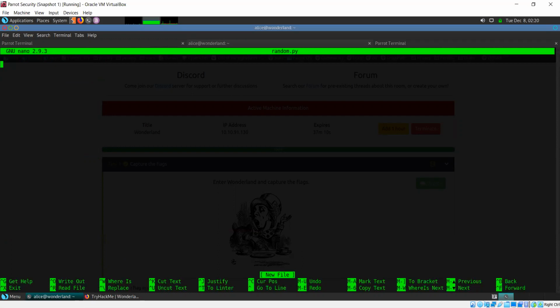Keep in mind that when we are running this script, Walrus and the Carpenter, that Python script, when it is being executed, we are running that as the other user, that Rabbit user. So we are running it with the privileges of that user, not with the privileges of our currently logged in account, which is Alice. So what can I write here that would potentially be of help to me?